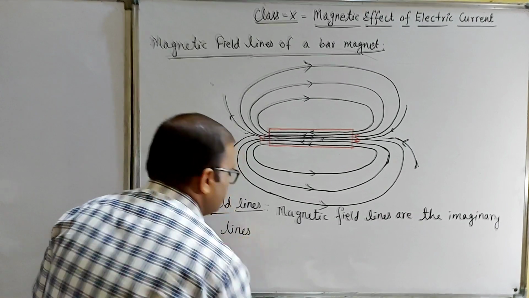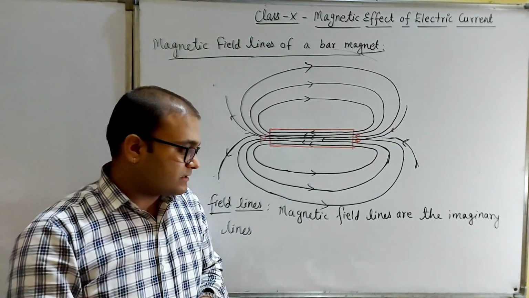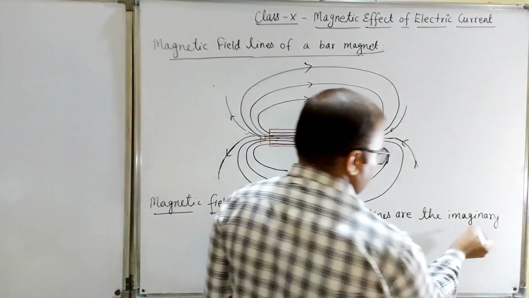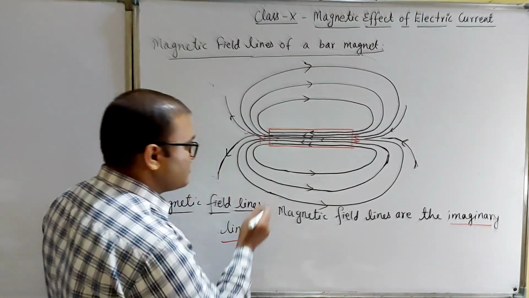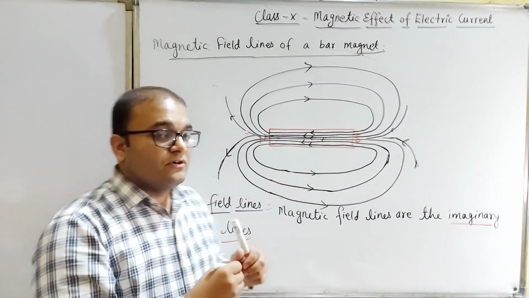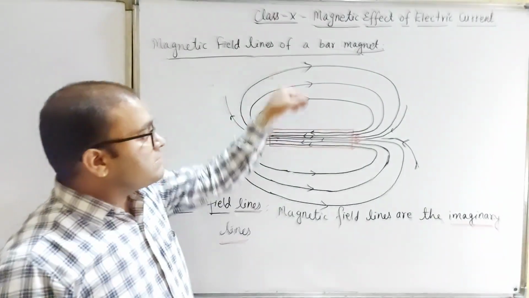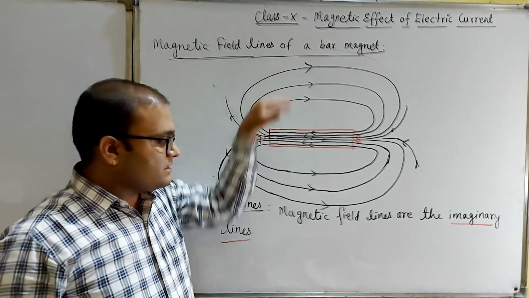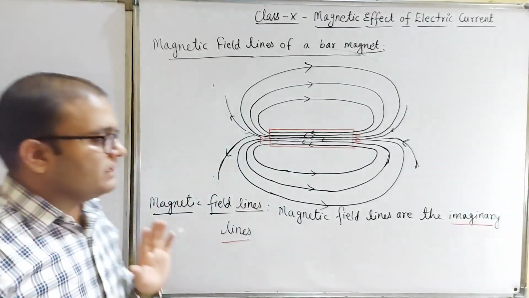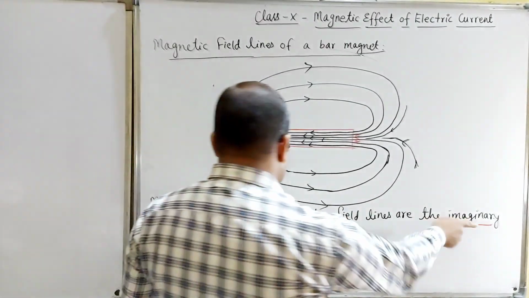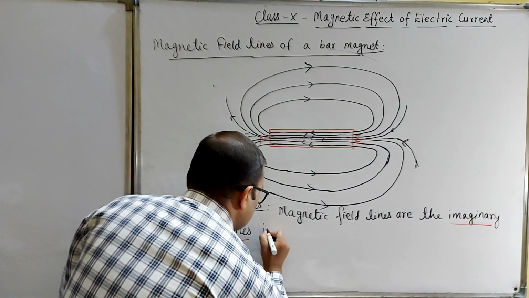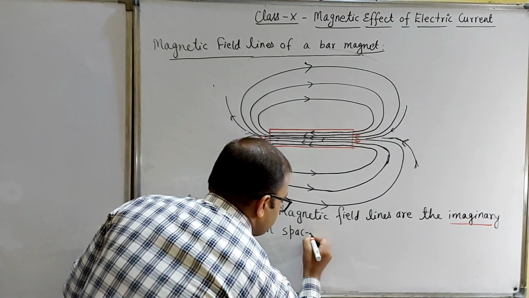Imaginary lines means, please, this is the main important point. Okay, imaginary lines means these are not any real lines. It means we have not drawn any real lines around any magnet. We just imagine these magnetic field lines for the representation of magnetic field. Okay, so magnetic field lines are the imaginary lines in space time,